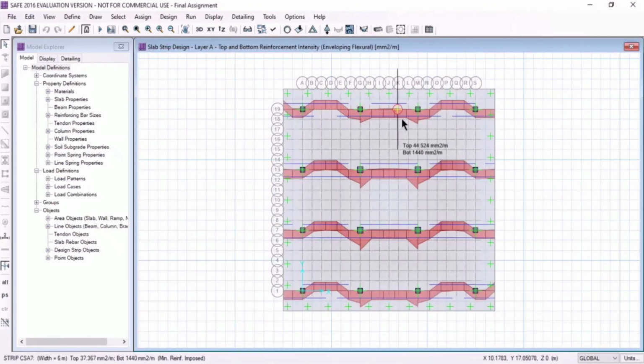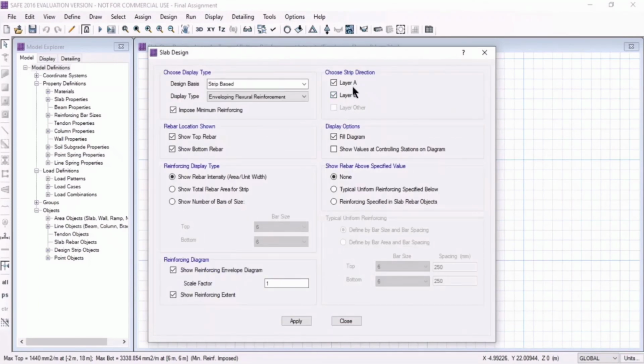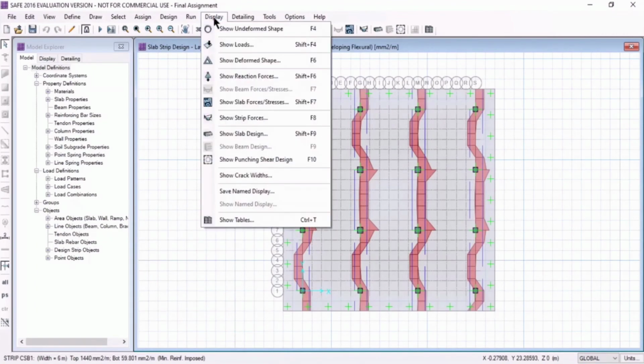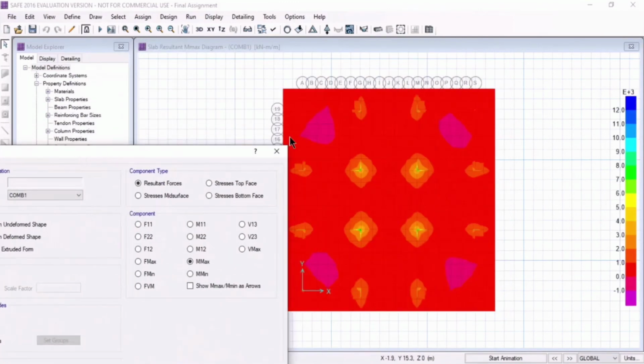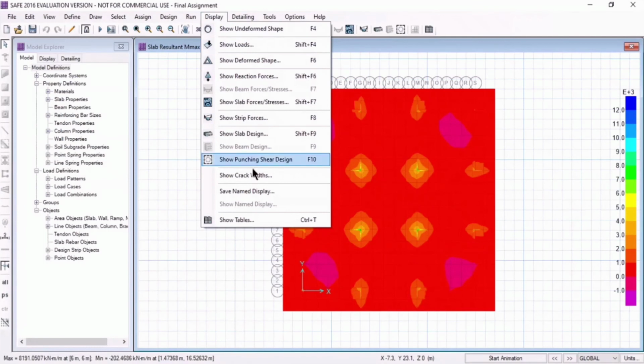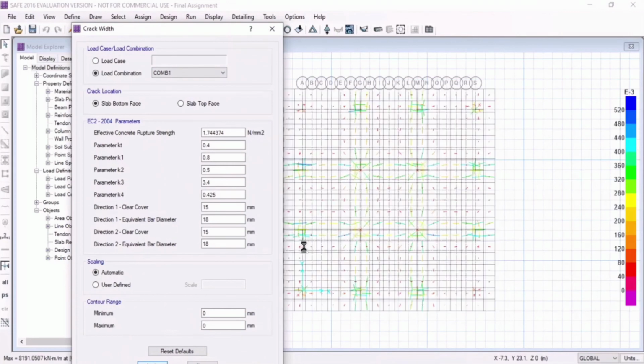As you can see, we have the values of top and bottom reinforcement. We can also check the crack width. As you can see, we have the crack width for each portion of our slab.